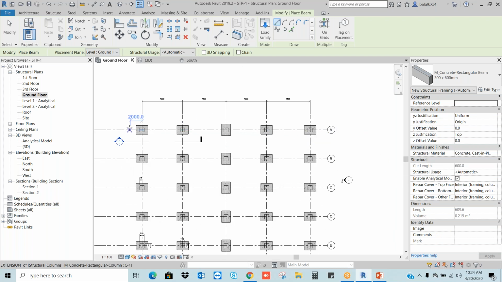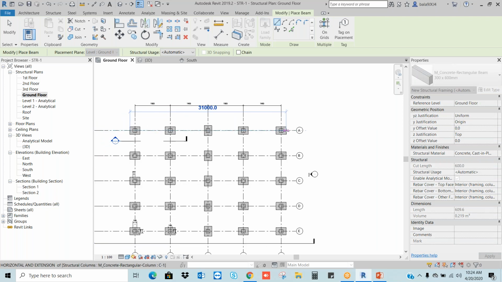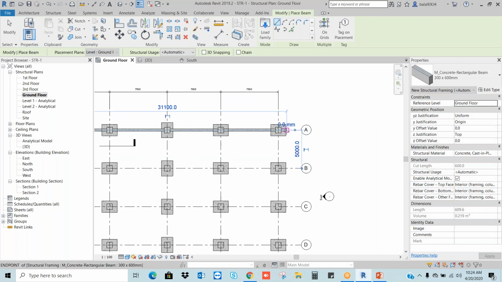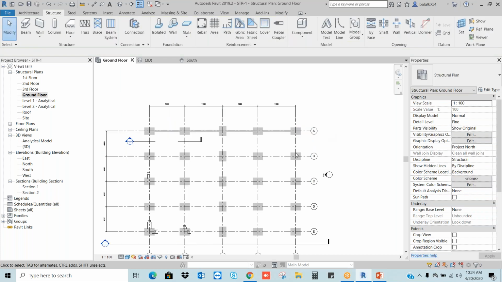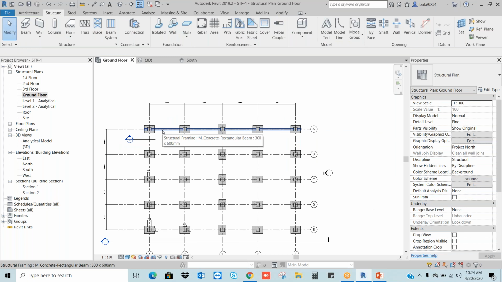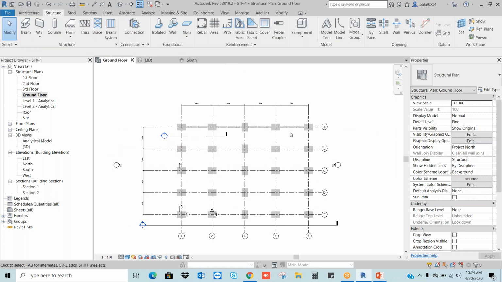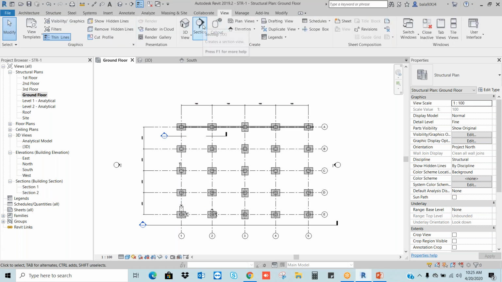So here I'm starting my beam from something like after the foundation, like this. See, when I draw this beam we will get the bottom of the level. Now I want to see one section here. I will go to the view and draw the section.